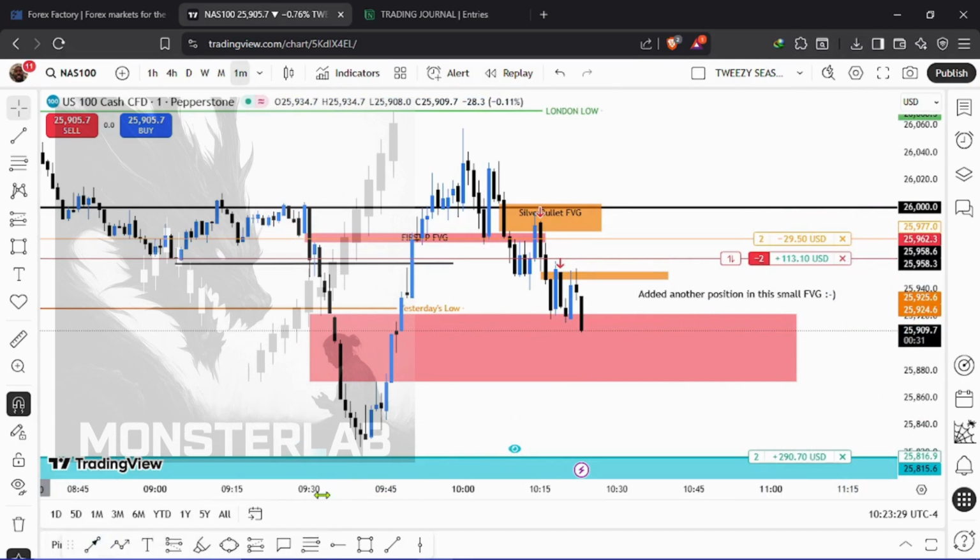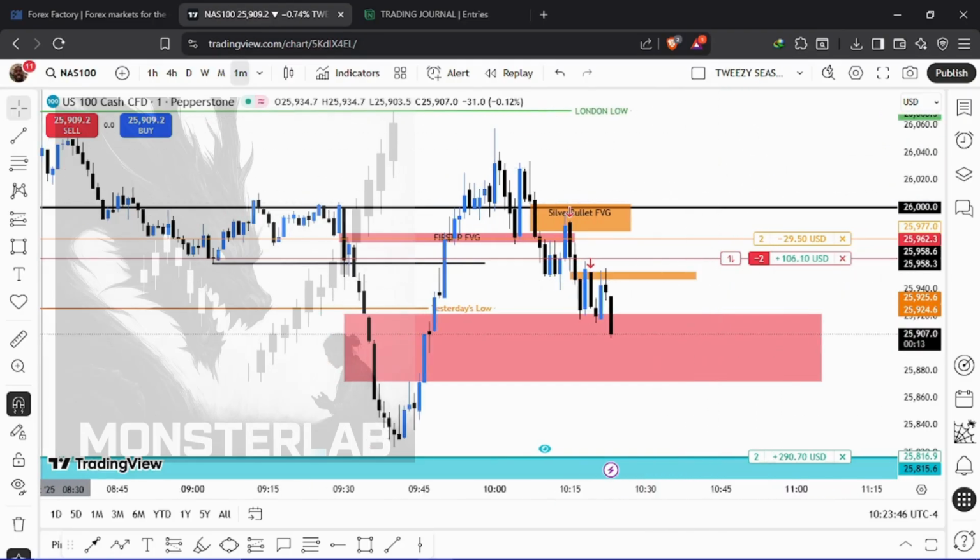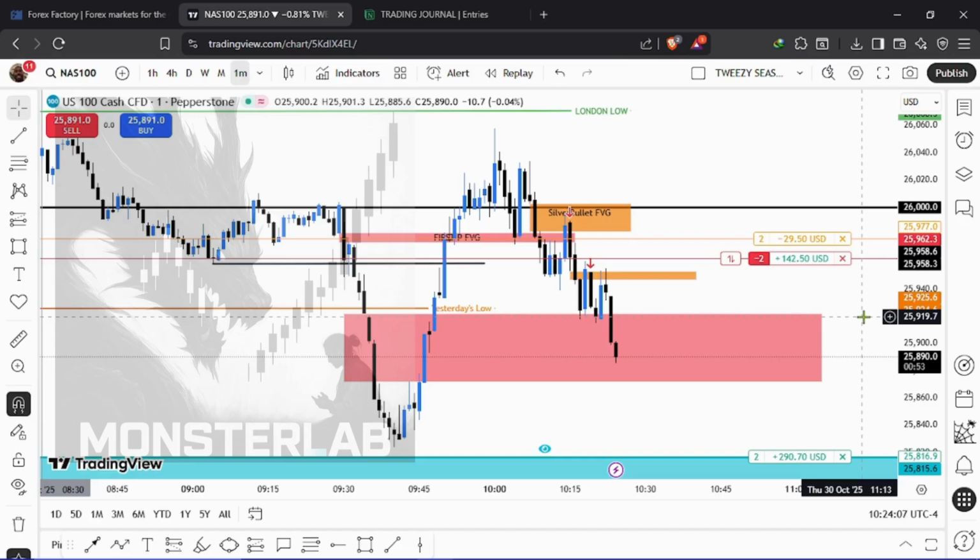Let me reduce my risk. And yeah, price took out yesterday's low, as you can see, before 10 a.m. New York local time, and it came back again to the 26,000 level, which I had on my deal. And we are now digging into this value gap, in which I'll have to be patient with my position, and